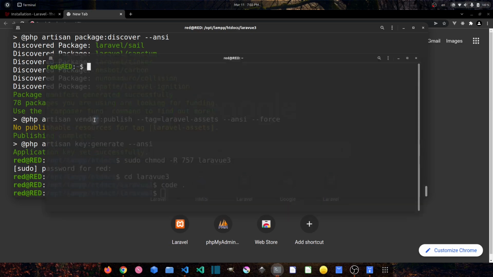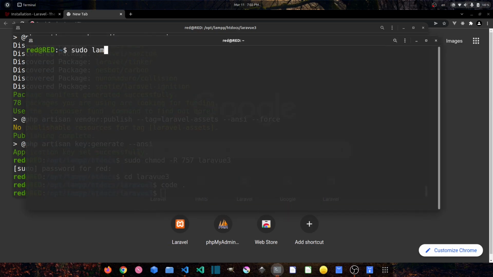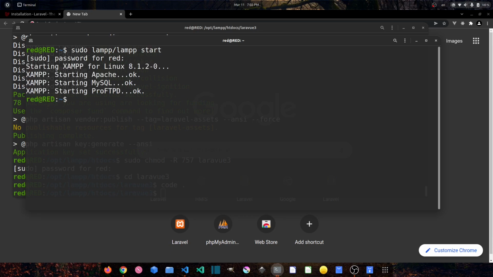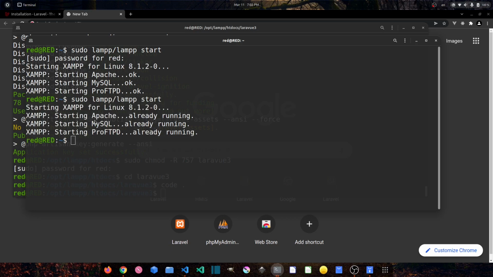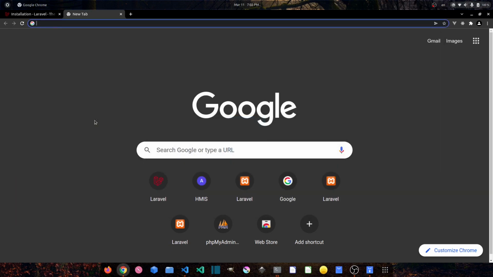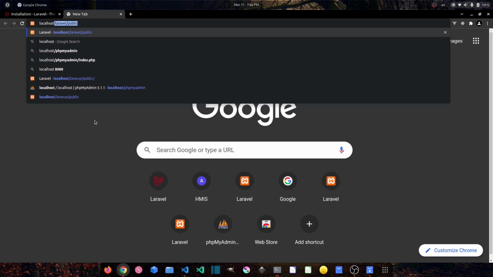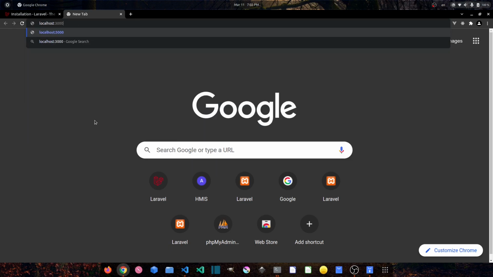Let's open a new terminal, and in here let's say sudo lamp/lamp start, and it's working. Now let's go to the browser, localhost 3000 / and now let's say Laravel 3/public,